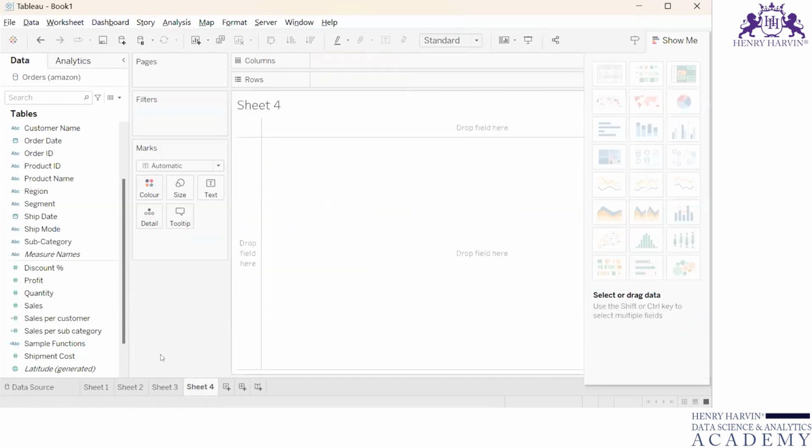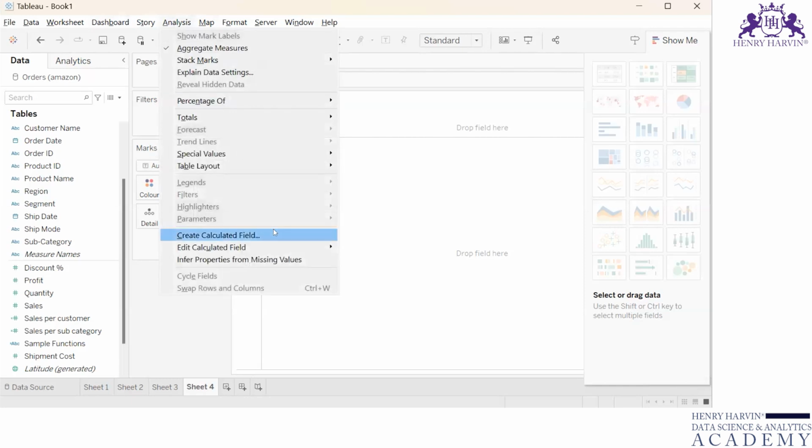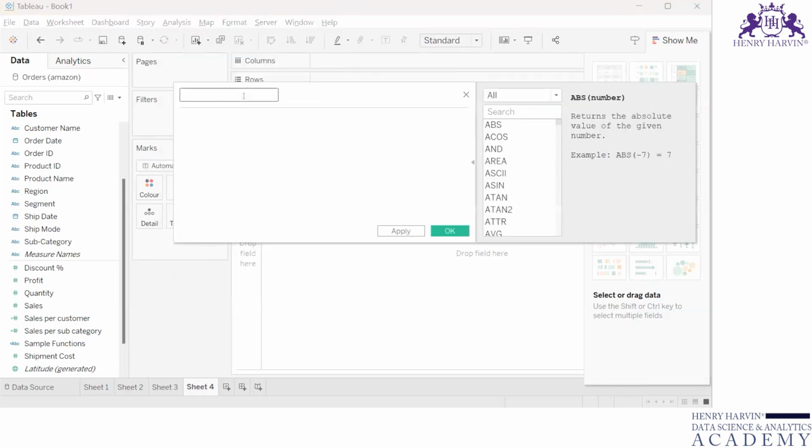This will explain the difference between include and exclude. So category wise sales. Now category wise